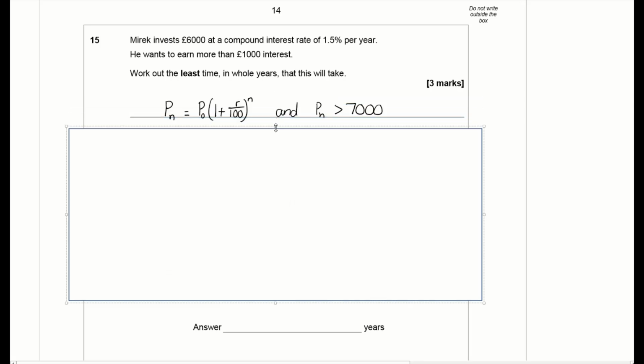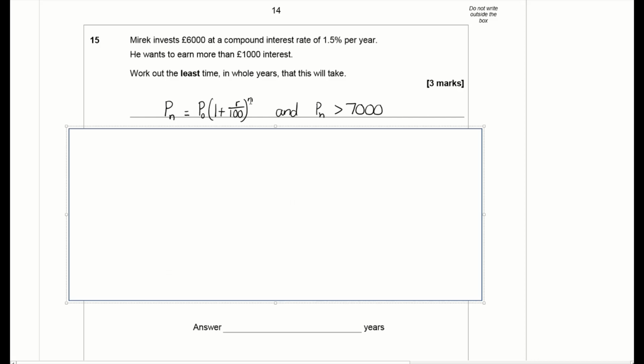Now, before we begin to calculate that, let's just look at the general formula that we use to calculate the amount of money in a bank account after n years at R% compound interest. Now, Pn tells you the amount you've got in your bank account after n years. P0 is the initial amount invested, which would be 6,000. R is the percentage rate, 1.5, and n there is the number of years. So when we are calculating Pn, it would be 6,000, 1.5 for R, and then n would be whatever year